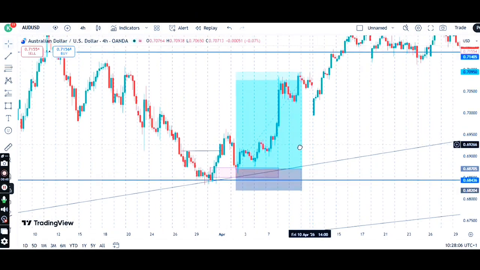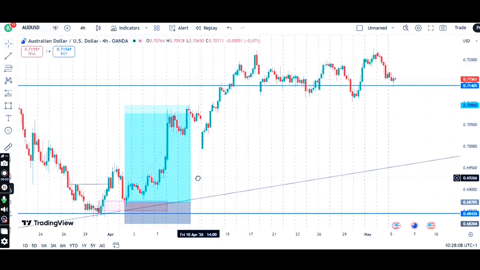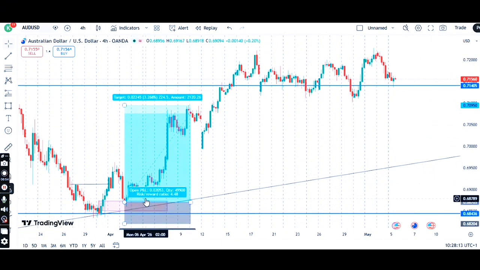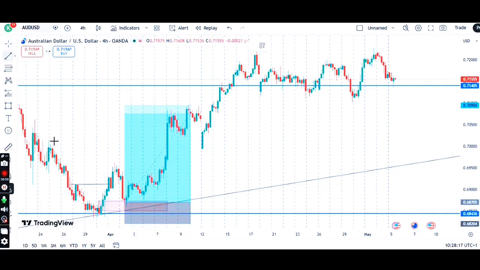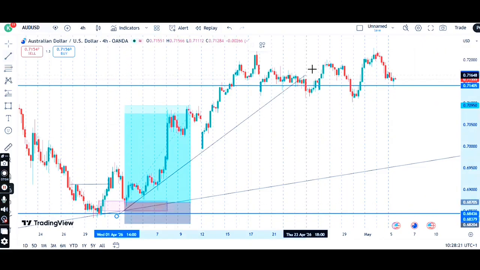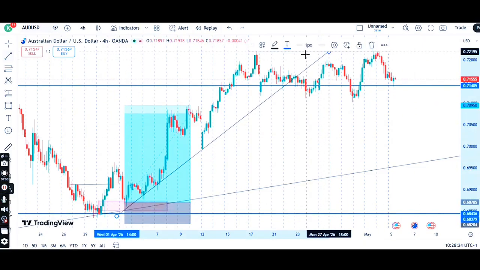Okay, then what else do you see currently in this market? So when the market created this and this, okay, you have to draw your trend line like this. Draw your trend line like this. So after drawing this trend line like this,